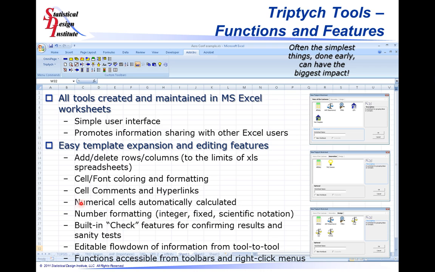A lot of the numerical results are automatically calculated for you, and you can format the numerical format of those results. In the QFD, primarily, we have a built-in check feature that will go and perform various sanity tests to confirm that you have included information that's needed to go to the next step of the process, identify where information might have been omitted, and allow you to go back then to update and edit the worksheet as needed